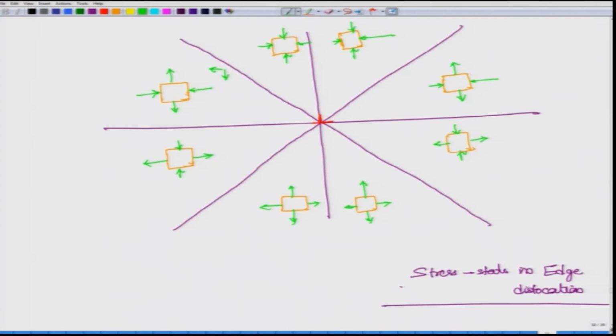So, it always occurs in pairs, like we saw sigma xy and sigma yx. So, if this is sigma xy, the other one is sigma yx. So, if this is the direction of sigma xy, to balance it in the other direction we have sigma yx, and these are the same for these two. Similarly, this is the bigger lobe, this is the smaller lobe. So, this will again be like this.